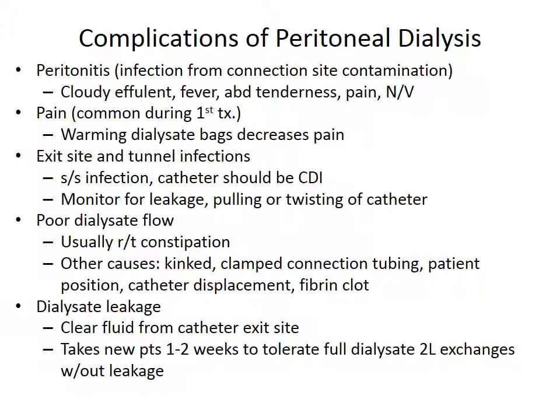Complications of peritoneal dialysis. Number 1 complication is peritonitis, infection from connection site contamination: cloudy effluent, fever, abdominal tenderness, pain, nausea, and vomiting. If you remember from Nursing 102, rebound tenderness of the abdomen is oftentimes a sign of peritonitis. So if you palpate their abdomen and you push down and the rebound causes pain, that's a